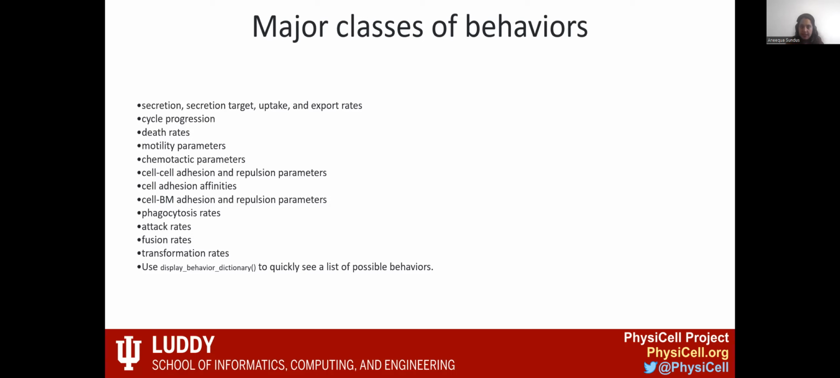By detecting certain signals, we can start secretion, we can stop secretion, we can change the uptake rate, we start uptaking more, we slow down the uptake. Then cycle progression, which can be seen as cells starting to proliferate and cells stopping proliferation. Death rates can be changed, motility parameters can be changed, motility speed can change in response to a certain signal, and